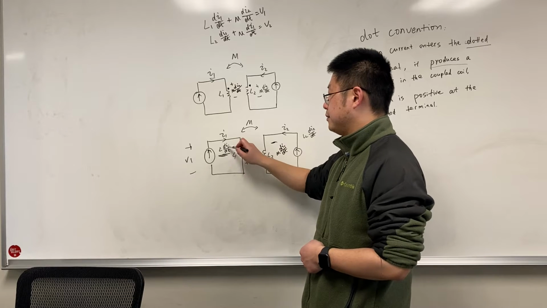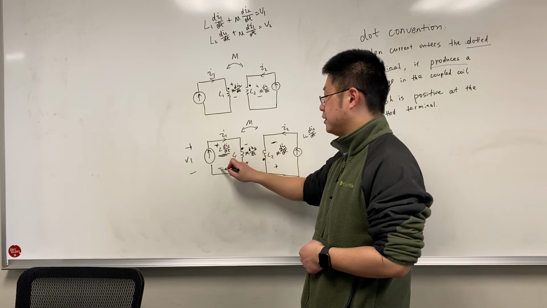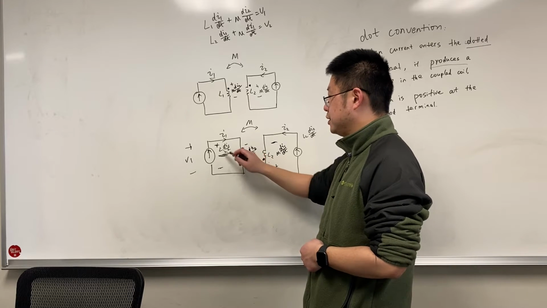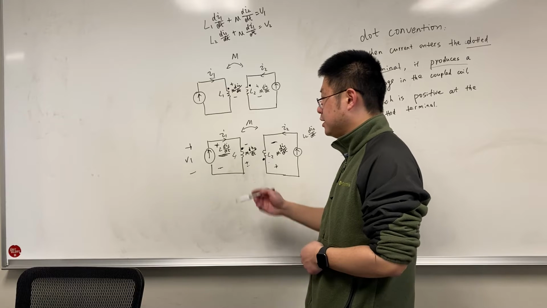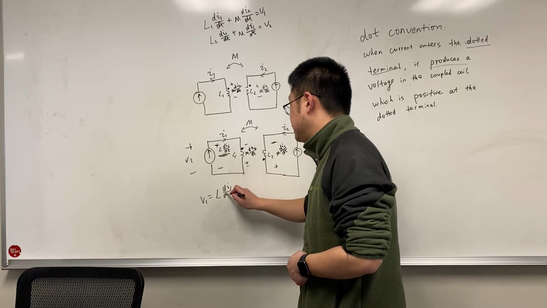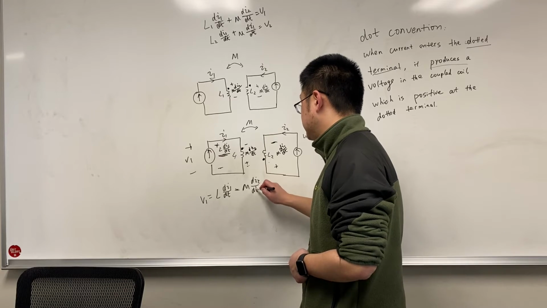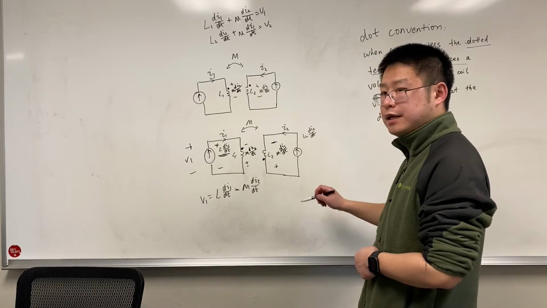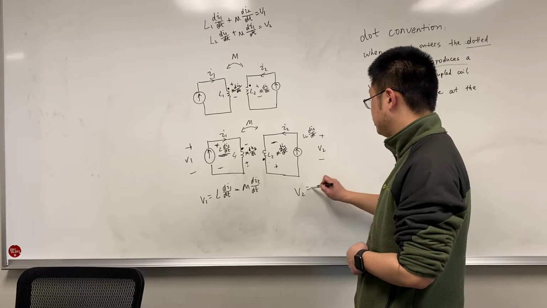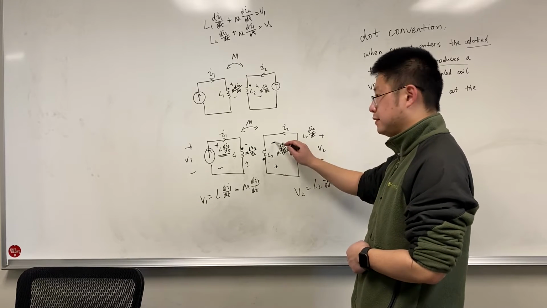This L times di1/dt is positive at the top, negative at the bottom, but the polarity of the voltage induced by I2 is opposite, so that we have V1 equals L di1/dt minus M times di2/dt. The same thing for the secondary winding, so that V2 equals L2 di2/dt, and this is minus